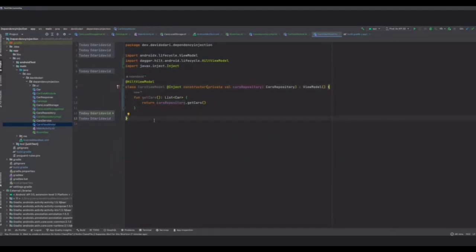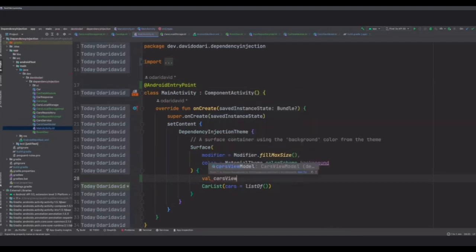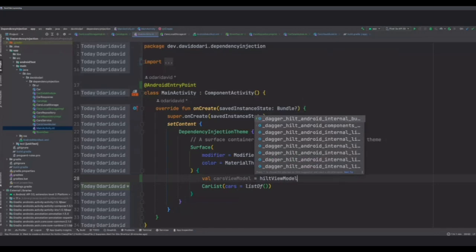With the view model, because as you saw, this also has its own special kind of annotation, I can come here, and I think there should be something like, well, let's call it cars view model. Call it Hilt view model.